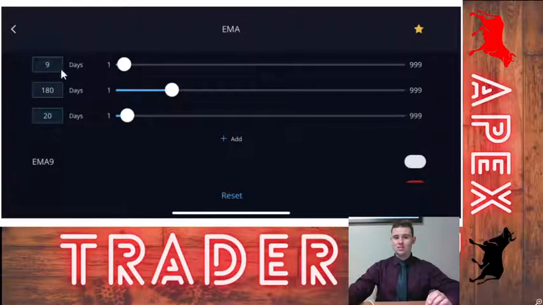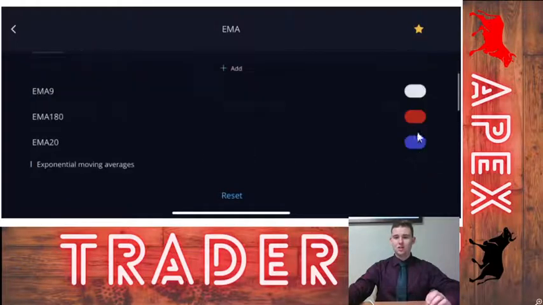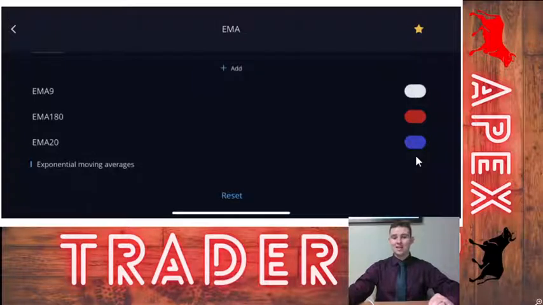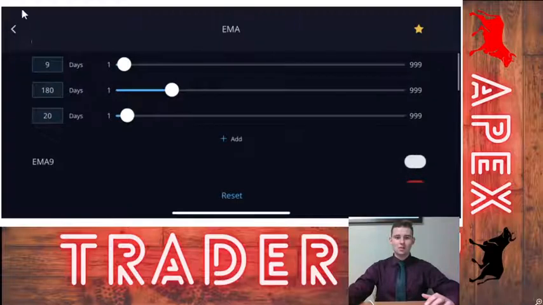So once you get these to a 9, 20, and 180, you can also choose the color that you want them. So the EMA 9 is your 9-day, and these are the colors. I have them just because we're going to have a whole bunch of different colors of lines on the chart that are going along with the candlesticks. So you want to know exactly which is which, and you want them to all be a different color, because if they do get close together, you want to be able to recognize the difference between, let's say, your 9-day and your 20-day. So with that being said, once you set those up, you can go ahead and select back,